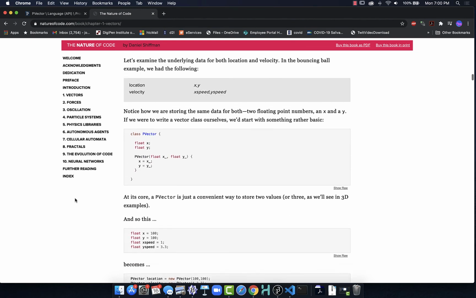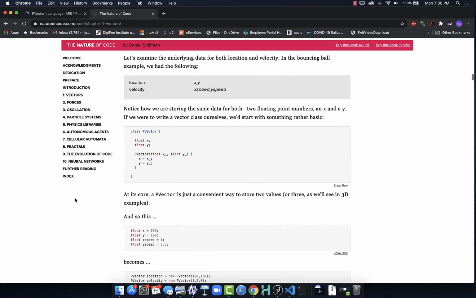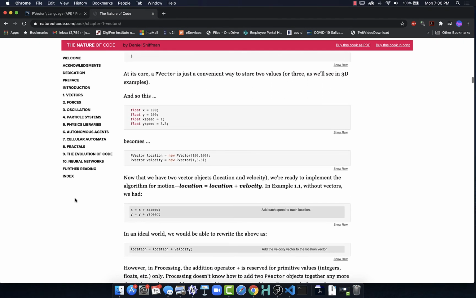Previously we were writing our code out where we would do x is equal to x plus x speed, or plus equals x speed, y is equal to y plus y speed. But what we're really saying is we're taking our location and setting it equal to the current location plus the velocity. So we're just performing the addition of those 2 things every time we update the position of our player